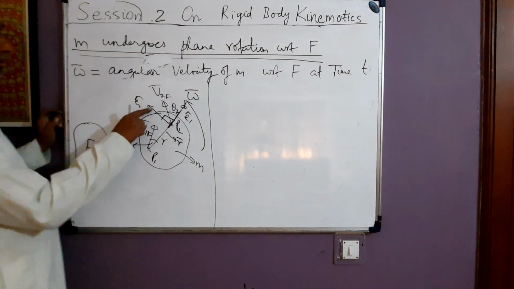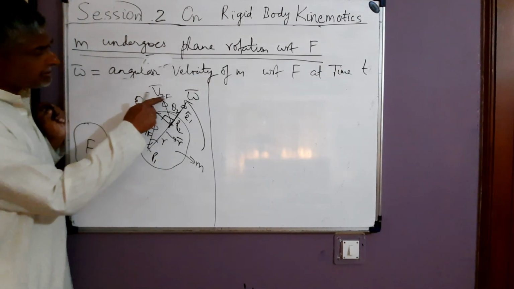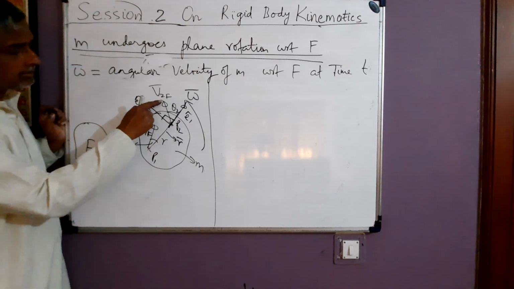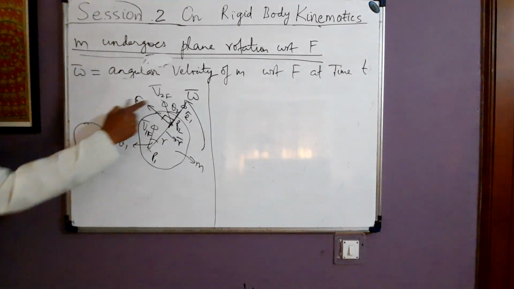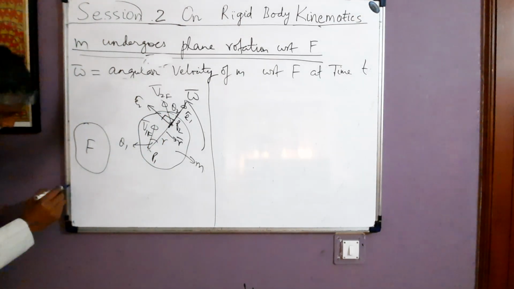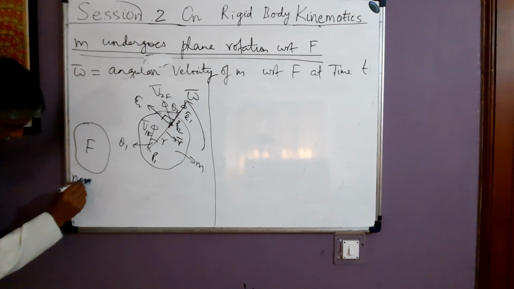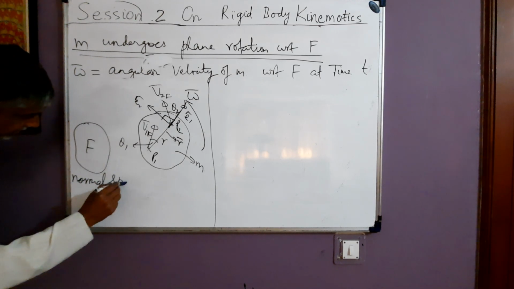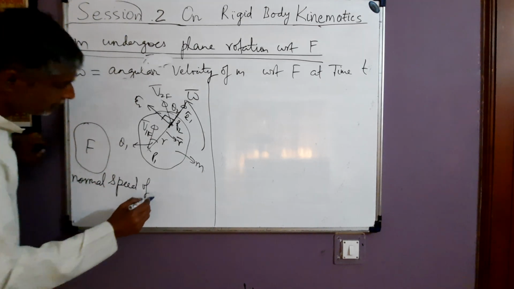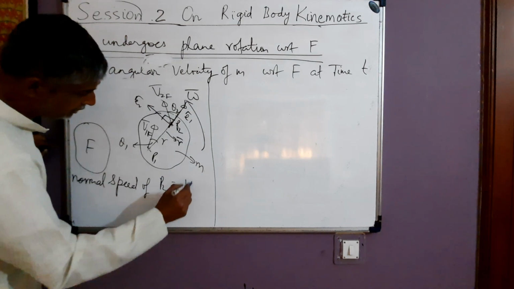Now, first of all, what is the normal speed of P2? Component of V2F normal to this line, that is the normal speed of P2. That is just V2F sin theta 2. Normal speed of P2 is V2F